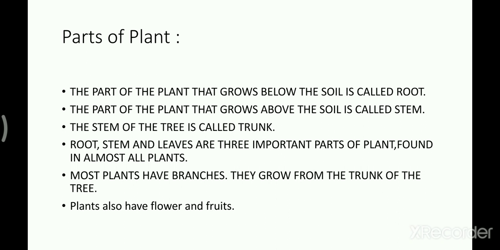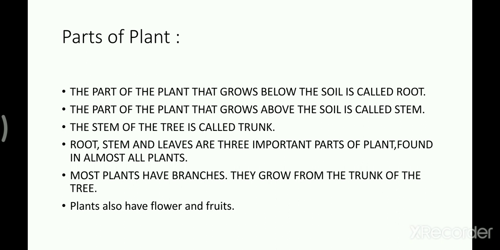R-O-O-T, root. The part of the plant that grows above the soil is called stem. S-T-E-M.